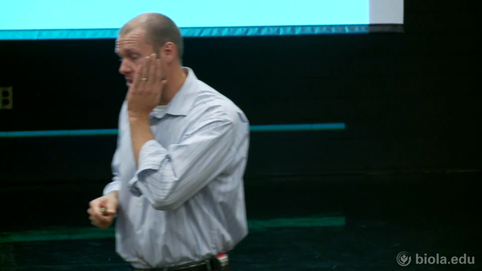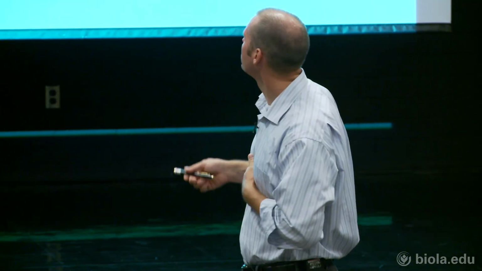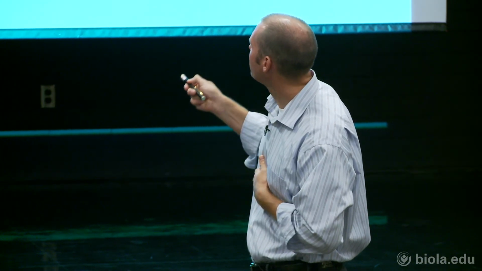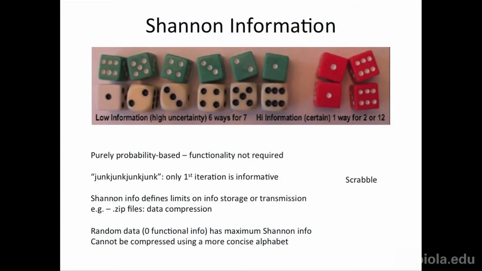Shannon information, you could sometimes compress things. Like I could have low information here. This would be a lot of stuff. I can compress that all into just one. So zip files actually do this. Zip files take some of the Shannon information that's in a sequence and just compress it. And so you can make your file sizes smaller. So this is actually going on in computer codes and stuff.